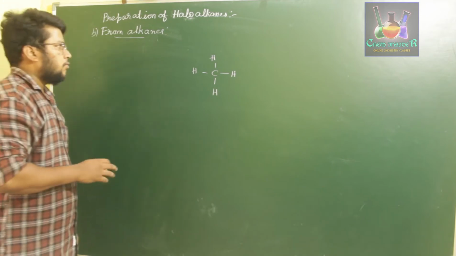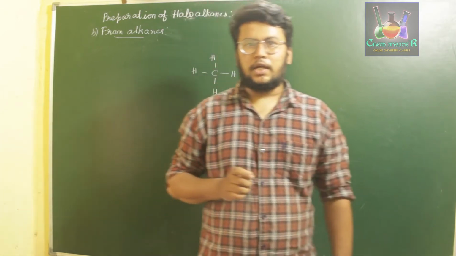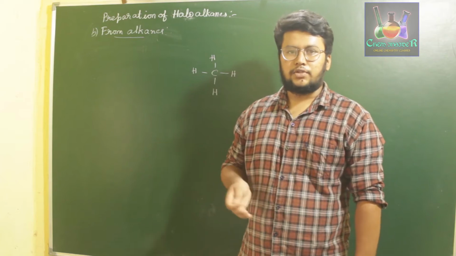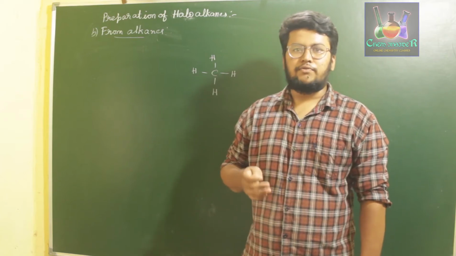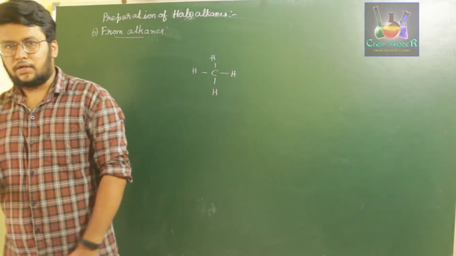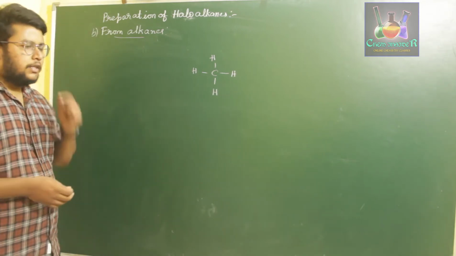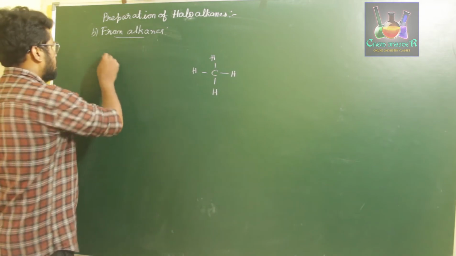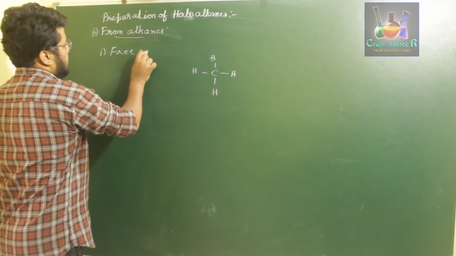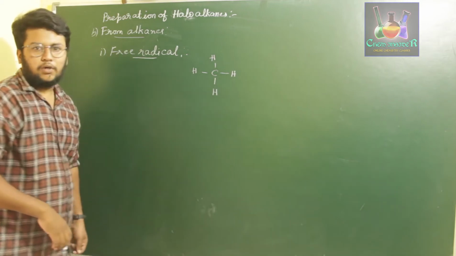So therefore, when we have to replace a certain atom present in an alkane, we usually use a process of halogenation, that is in the presence of diffused sunlight. Whenever you use diffused sunlight for addition of chlorine, bromine or iodine, we can use a substitution process of that kind, and that type of substitution is called free radical substitution. So we are going to make a free radical substitution for alkanes in order to get our desired haloalkane.